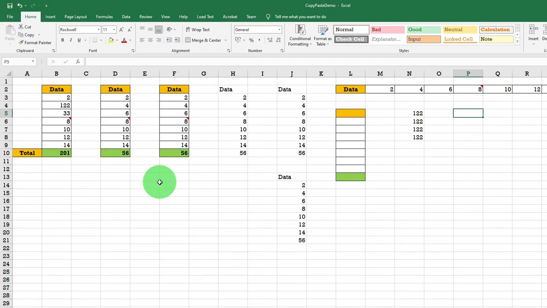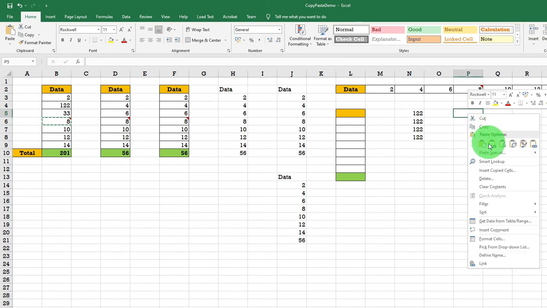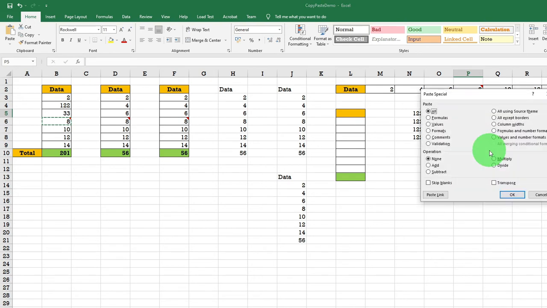This option pastes only the comments and notes attached to the copied cells. Let me show you how it works. If you copy any cell which has got comments and right click, select paste special